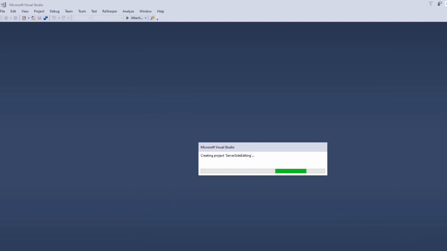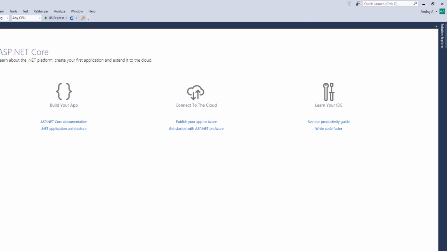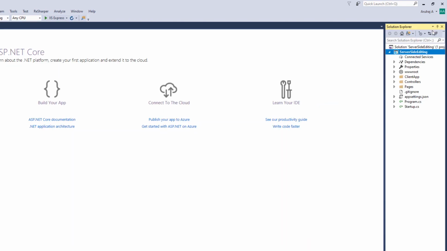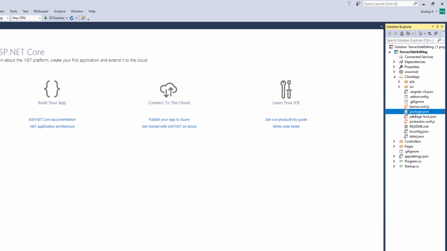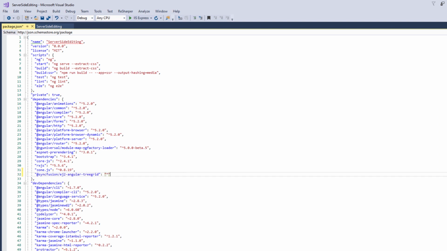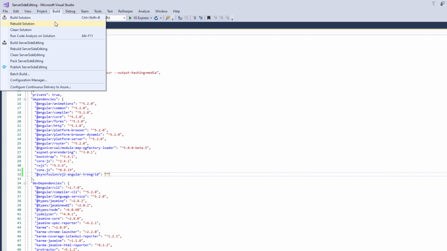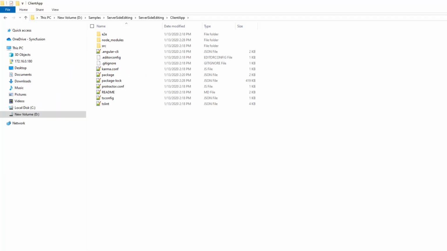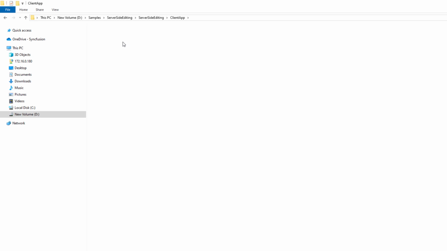To start using the Syncfusion Angular TreeGrid component in this application, let me open the package.json file, and within the dependencies object, I am adding the package Syncfusion EJ2 Angular TreeGrid. I will build the application so that Visual Studio downloads this package within this application.